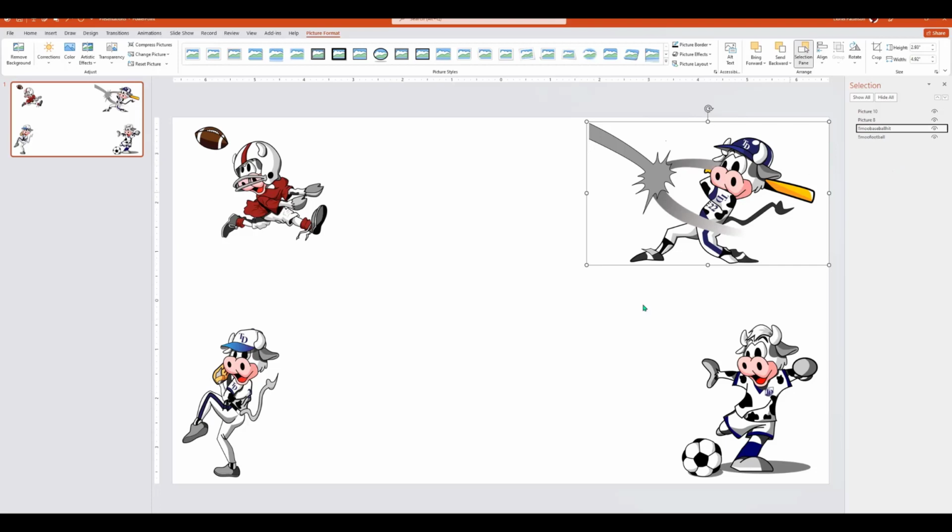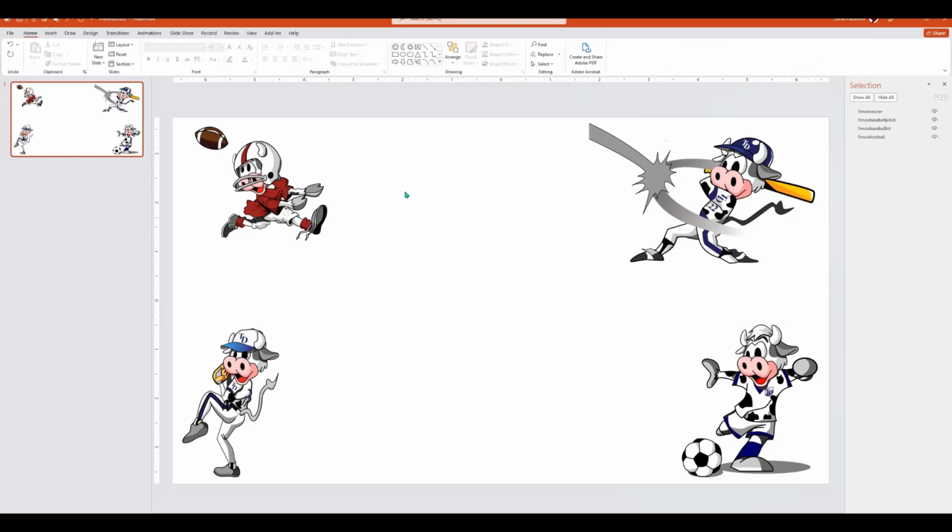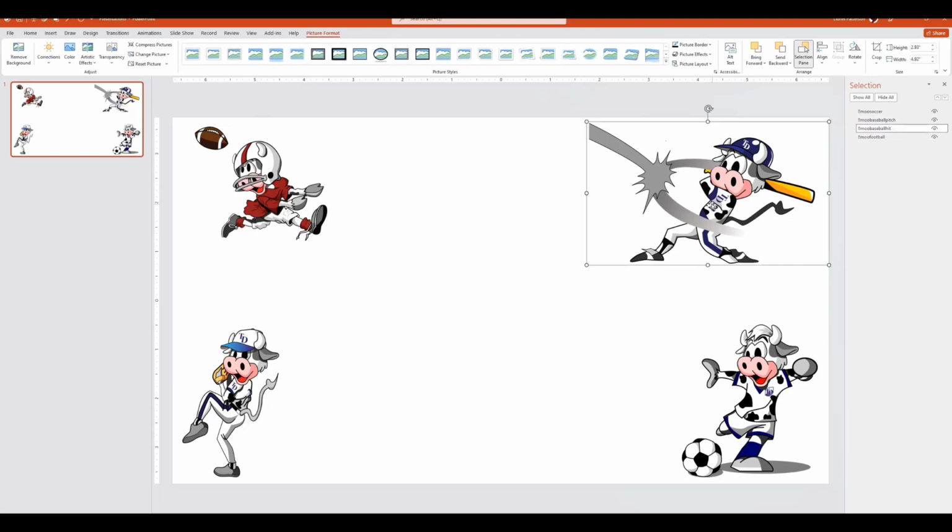Hit enter. Select the moo picture, pitching, which in this case is giving me picture 8. Click on that in my selection pane, delete that. And I'm going to give it exclamation mark, moo baseball pitch. And the last one, select the soccer one. And I'm going to change that from picture 10 to exclamation mark, moo soccer. I'll probably misspell soccer,